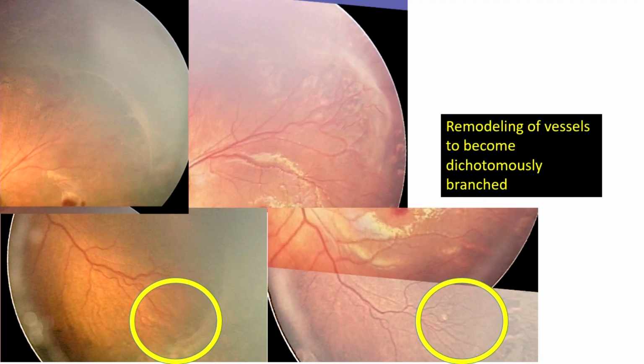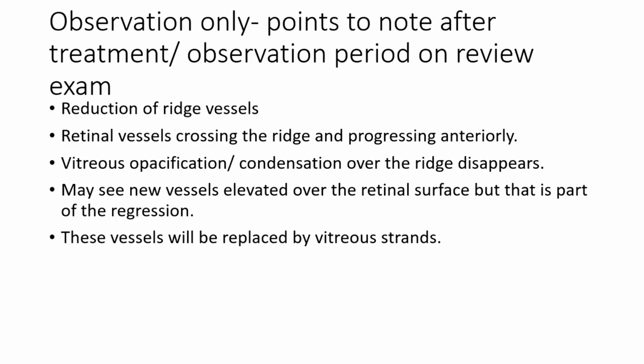Unless in the extreme periphery where the retina is totally destroyed because of laser, you probably will not see any vasculature. So if you do an FFA, you probably will not see any vessels there because you completely destroyed that retina. There's no retina and no vasculature. So the various observation points to note after treatment are whether there is reduction of the ridge vessels, whether